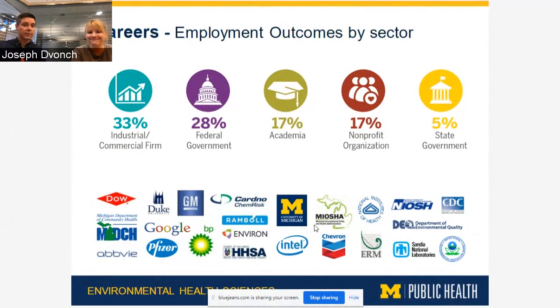Students like Megan, for example, that are coming through with the environmental quality, sustainability, and health type focus, a lot of those go into federal government agencies. A lot of those students are at US EPA, some at FDA, some at CDC. Some are working in nonprofit organizations, the Environmental Defense Fund, Sierra Club. Some are working within academia